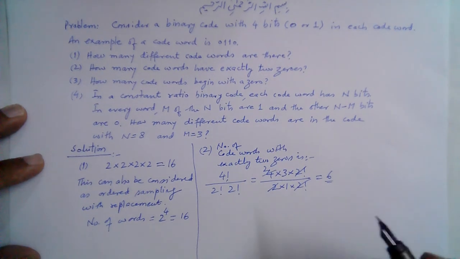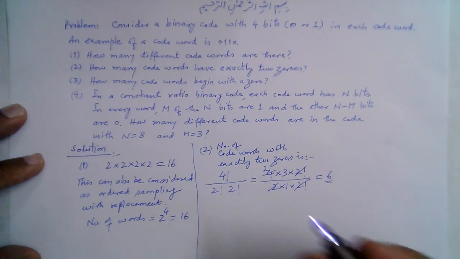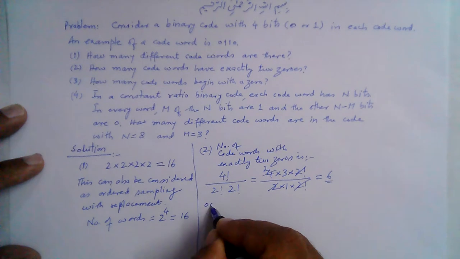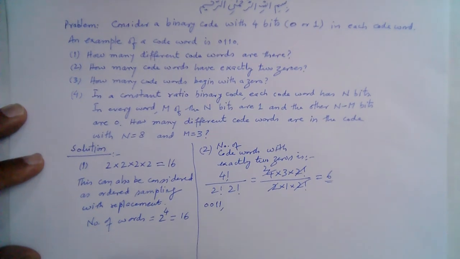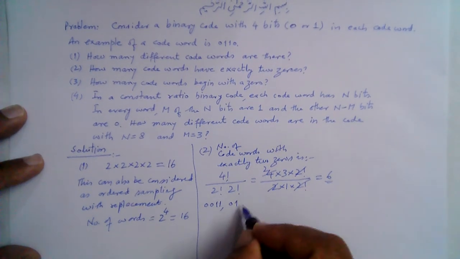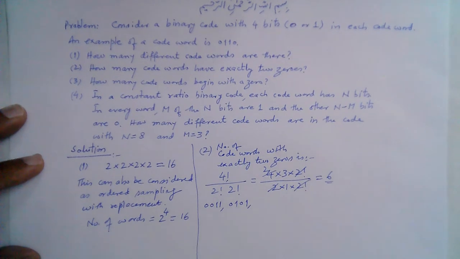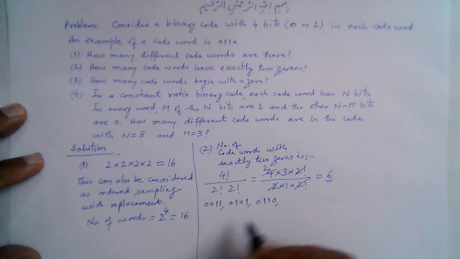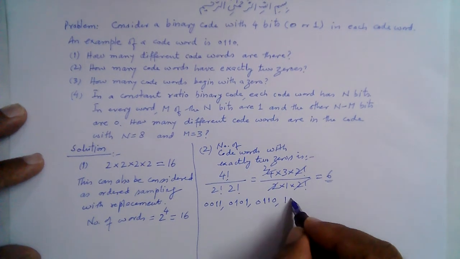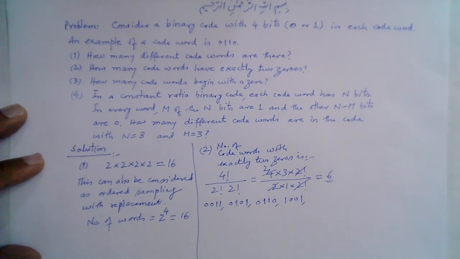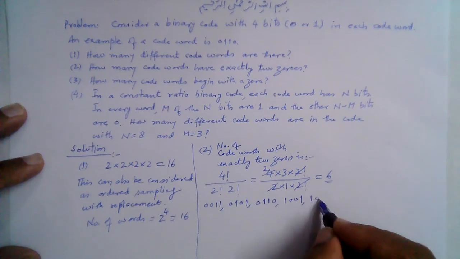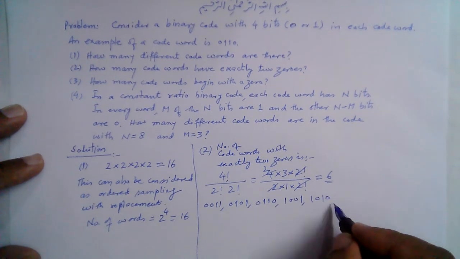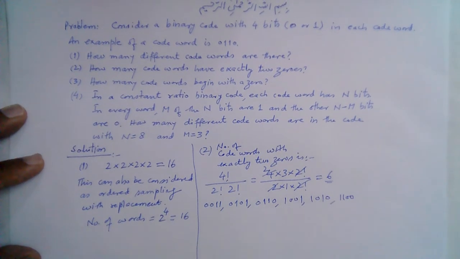So for example, these words can also be written down here. For example, 0 0 1 1, then 0 1 0 1, and then 0 1 1 0, then 1 0 0 1, then 1 0 1 0, then 1 1 0 0. So these are the 6 4-bit code words,